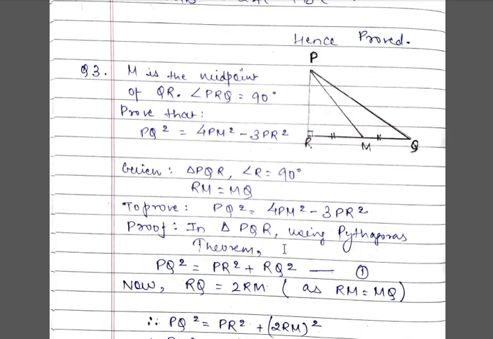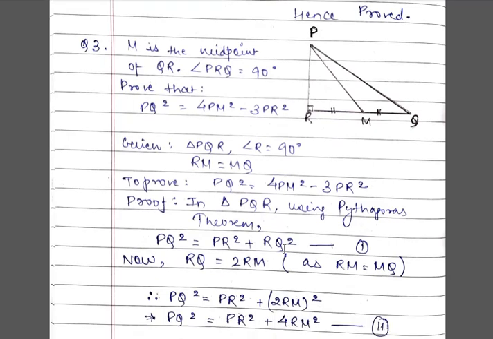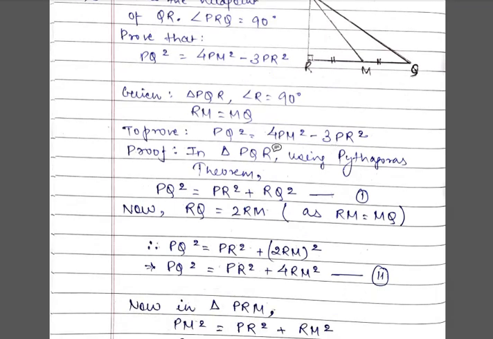I can see that in this triangle PQR, by applying Pythagoras theorem, PQ square is PR square plus RQ square, as you can see. Now, RQ from the question, if you can see, can be written as 2 times RM, because this is also RM, this is also RM. Both of them are RM. So RQ, the full length, is 2 times RM, because we halved it, it was a median. I put this value back. Where RQ was, there we put 2 RM. So PQ square is PR square plus 2 RM square. 2 RM square means 2 square is 4, RM square is RM square.